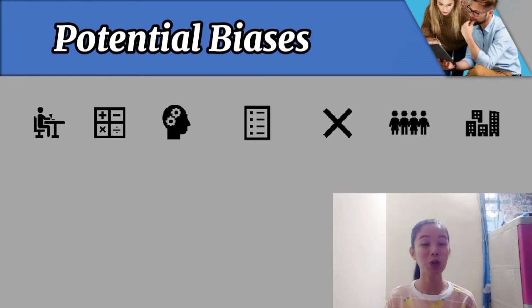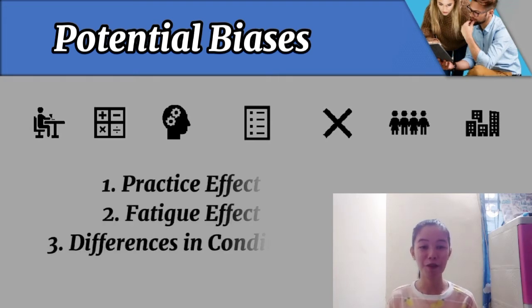There are also potential biases in test-retest reliability. Test-retest is a useful metric to calculate, but be aware of the following potential biases that could affect this metric. The first one is practice effect. A practice effect occurs when participants simply get better at some tests due to practice. This means they are likely to show better results during later tests because they've had time to practice and improve.